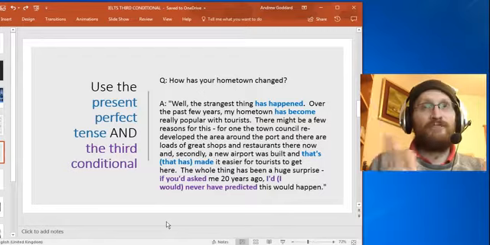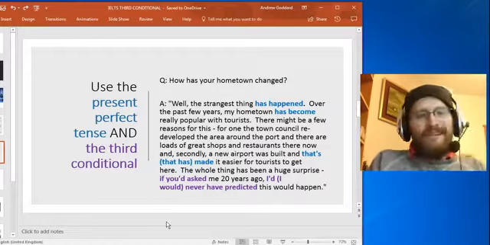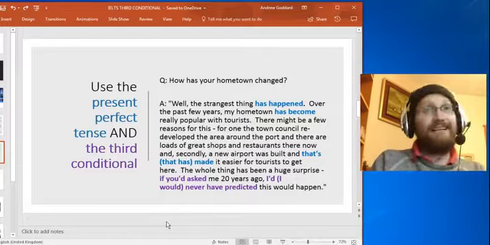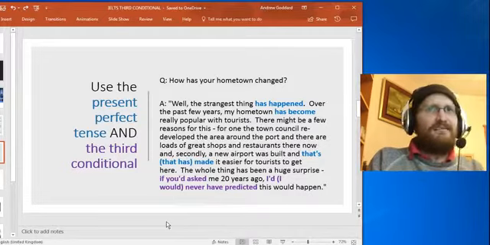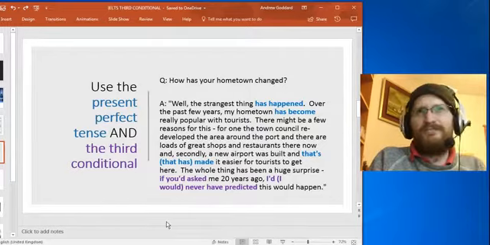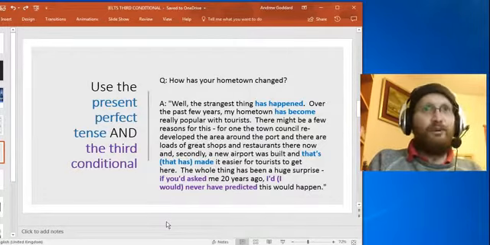So, the question: how has your hometown changed? Well, the strangest thing has happened. Over the past few years, my hometown has become really popular with tourists. There might be a few reasons for this. For one, the town council redeveloped the area around the port, and there are loads of great shops and restaurants there now. And secondly, a new airport was built,